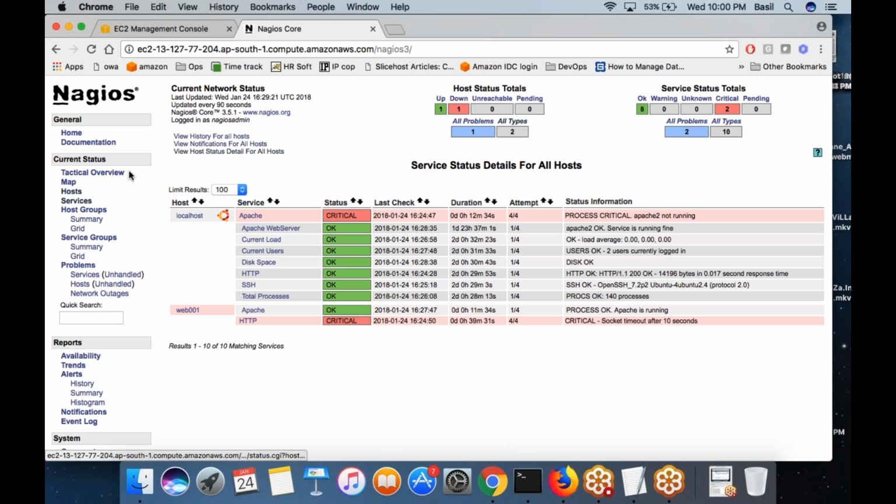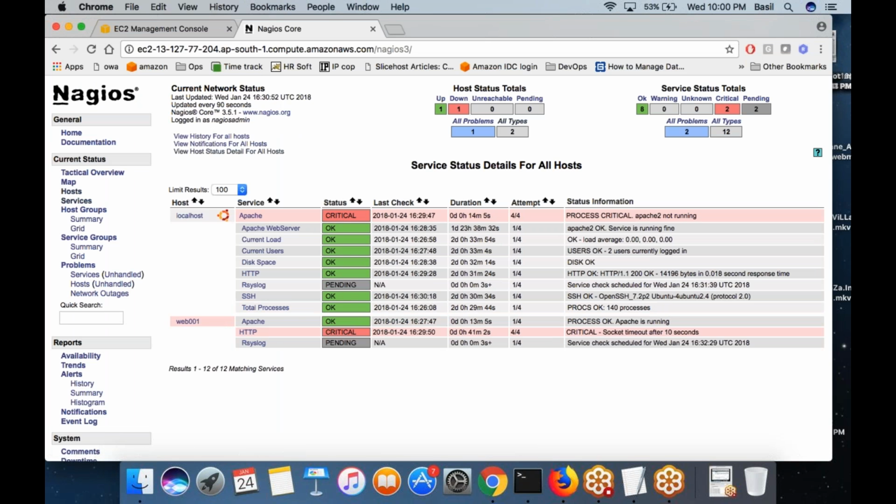Yeah, restarted Nagios. Now if you refresh this, you can see one more new service came, rsyslog. It came on both localhost and the web001 machine, and you know the reason, of course. This would be in critical status because the SSH connection will fail within localhost, but within the web001 machine, the SSH connection will succeed and it will run this script for rsyslogd. It will realize that it is working fine. Then it would print you OK.